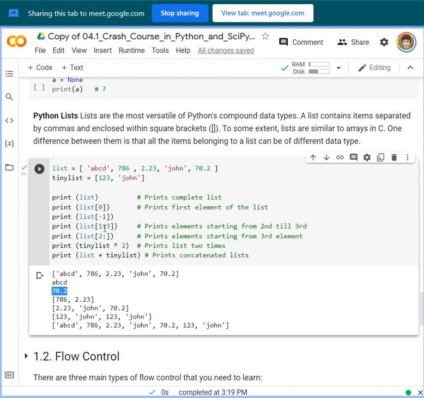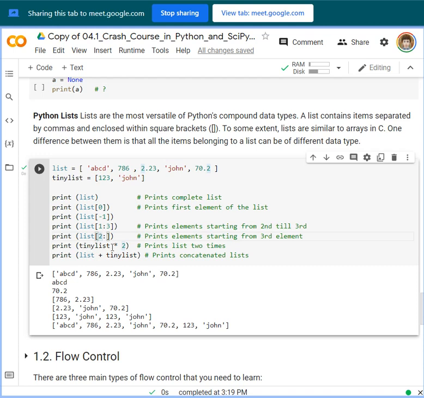And 1, 2, 3 excludes the first, kay nag-start man ta sa 1, so 786 to 2.23. And then 2 and colon, that refers to the second place, and then until the last place of the list.